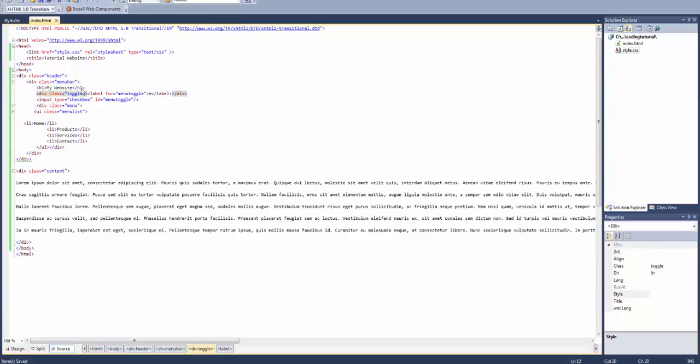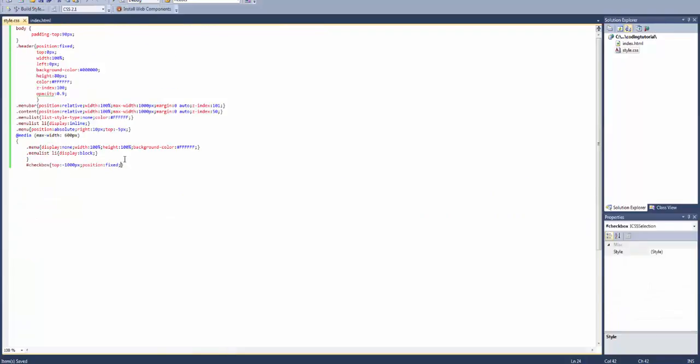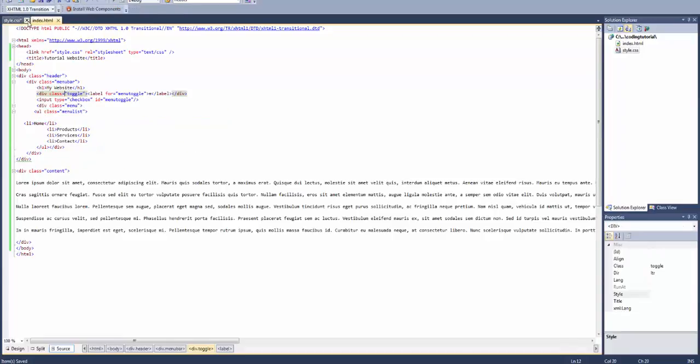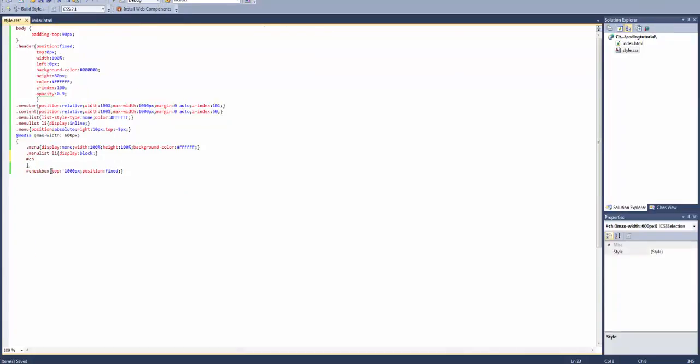Now we're going to want to set a rule that says when the checkbox becomes toggled, display our menu. So we can go into there, alright. And this will be in the media query because we don't want it to do this normally. We're going to say if hashtag, I don't think I named it checkbox. I named it menu toggle. There we go, sorry. Hashtag menu toggle. If menu toggle is checked,